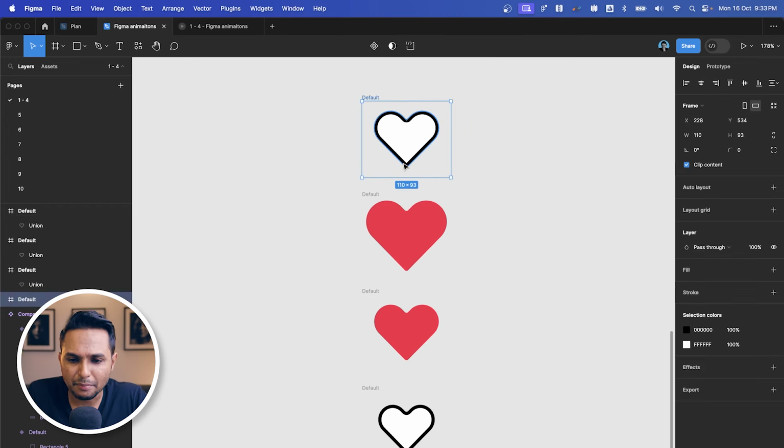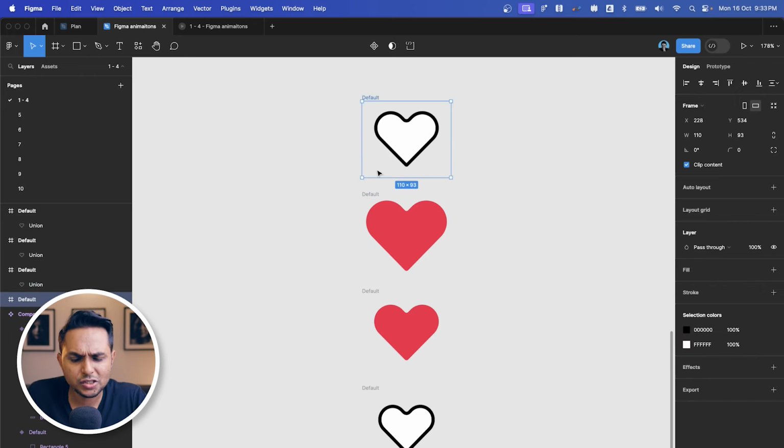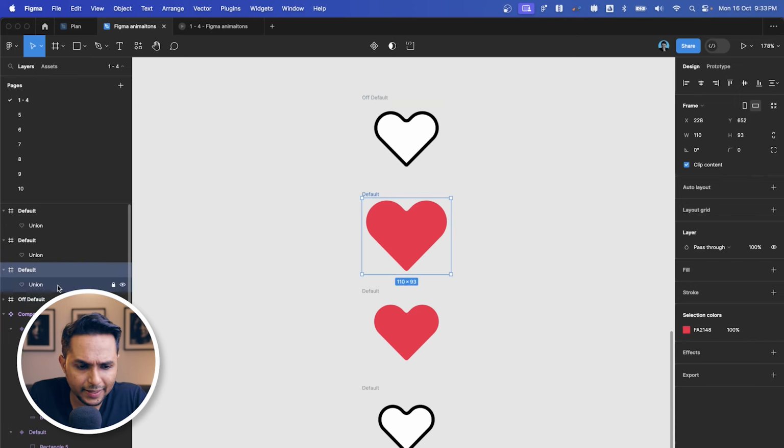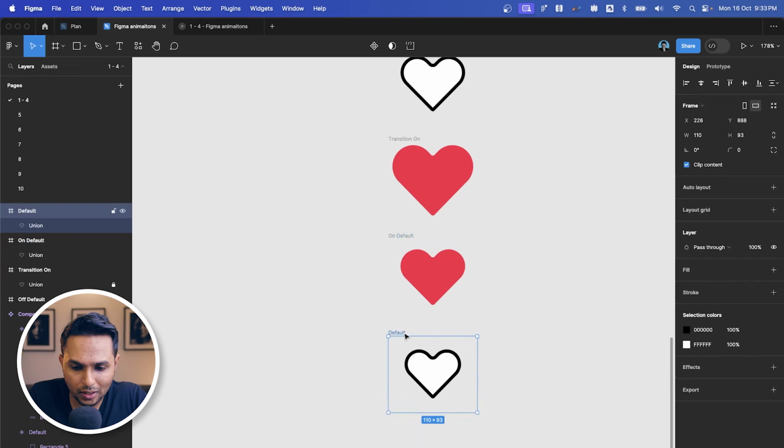I'm going to just give them some names so that all of them are not default. It just creates confusion for the designer itself. So the first one, let's call it off default. The second one is maybe transition on. The third one is on default. And the fourth one is